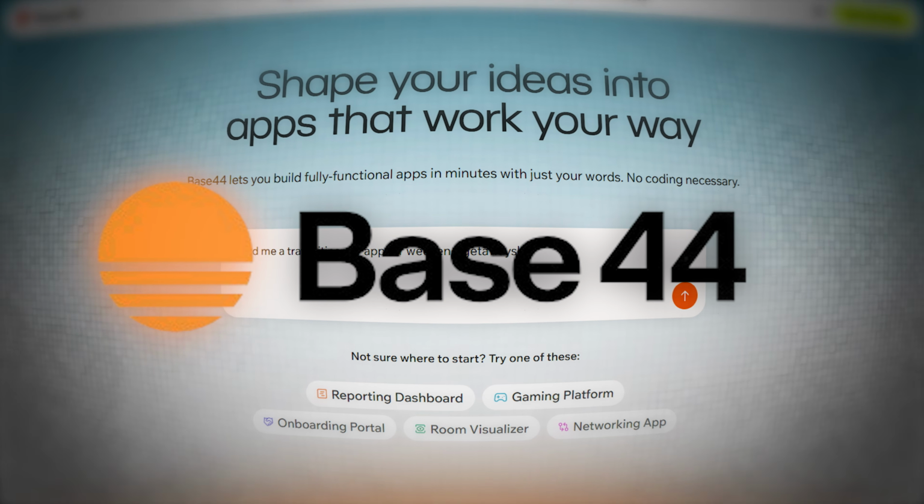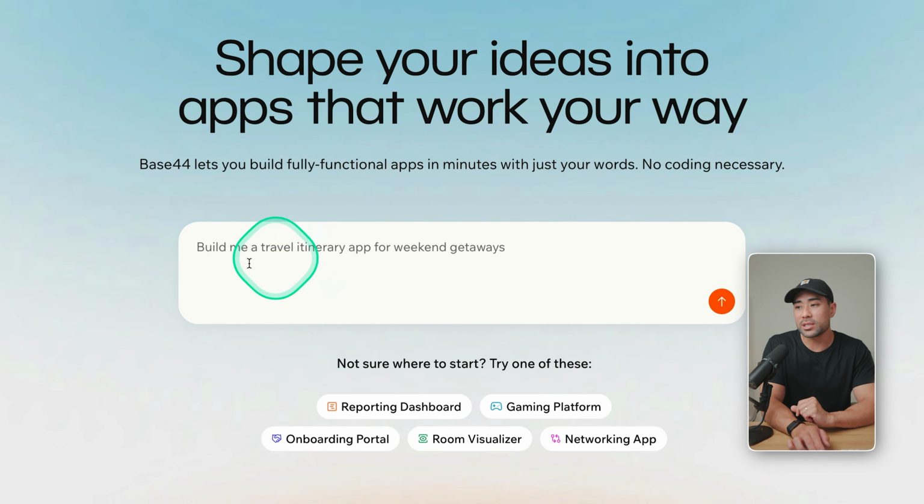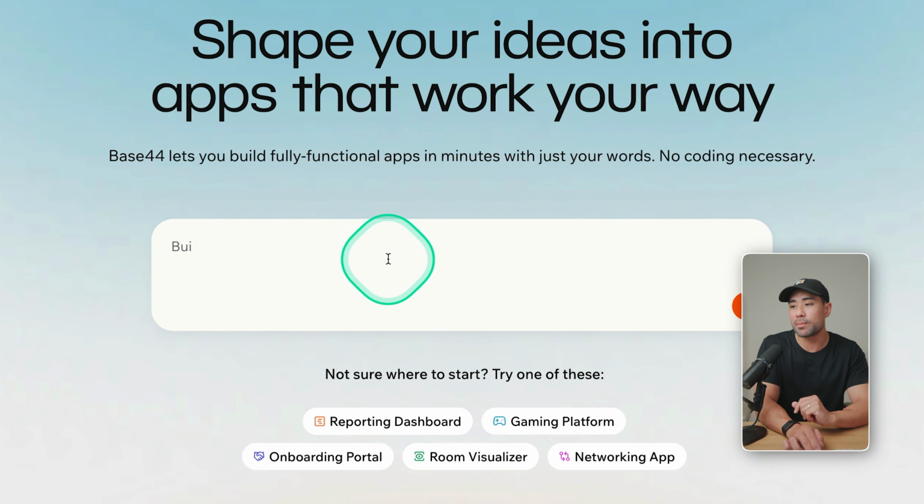But I've come to the conclusion that Base 44 is quite easy to use, especially if you're just a beginner and non-technical. Many of the other AI app builders have this kind of similar look to it that you get, and it tends to have too many bells and whistles that is not necessary. So Base 44 is my go-to, and you can see here you simply enter a text prompt describing what kind